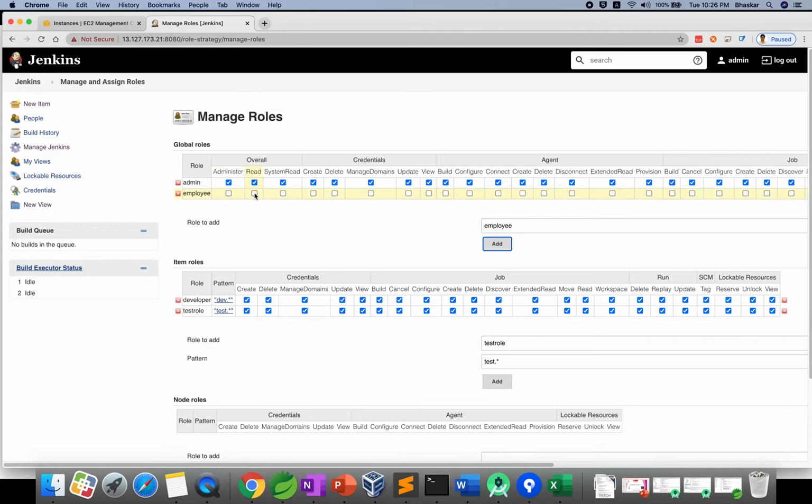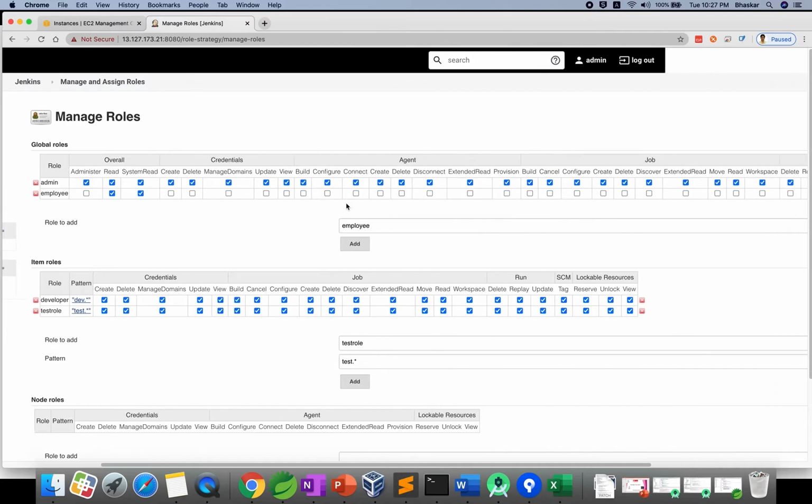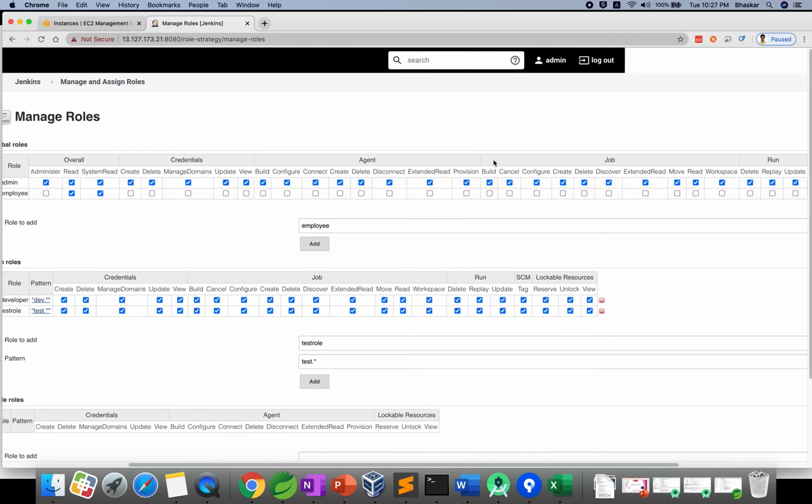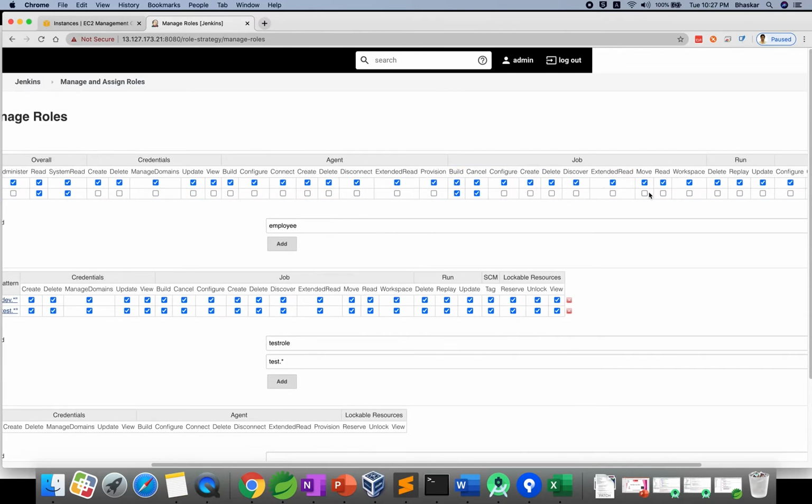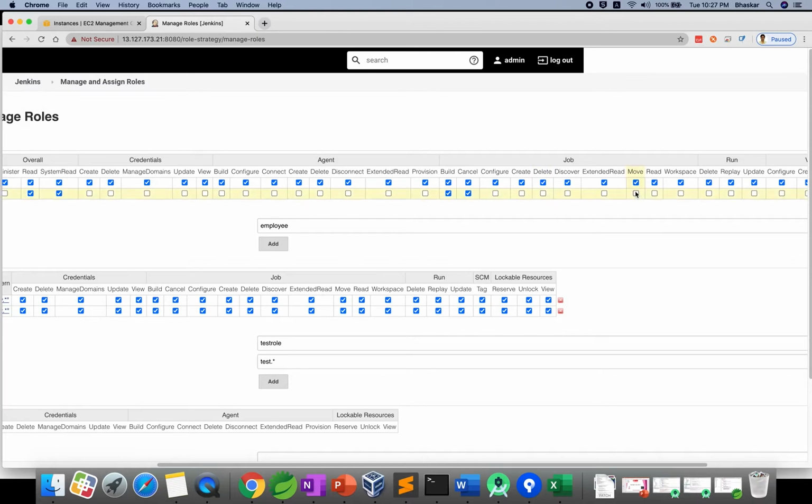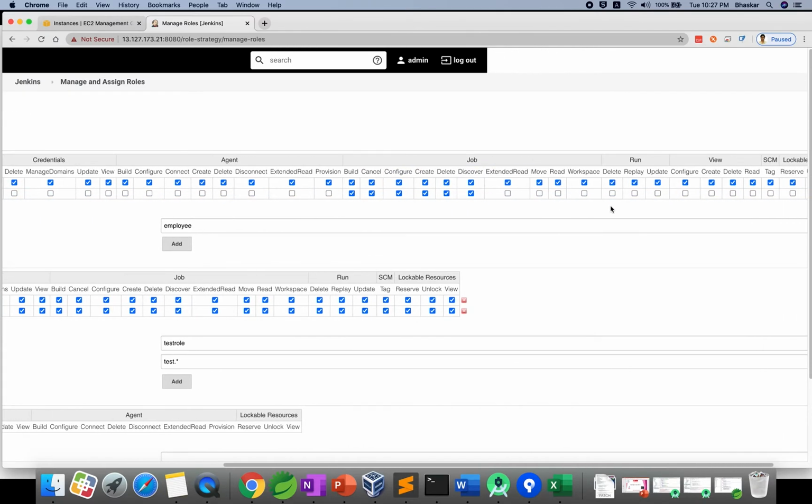I can give the read access, system read access. And for jobs, I can provide build, cancel, and some more roles: create the job, delete the job, and configure the job. Sorry, this is job related.